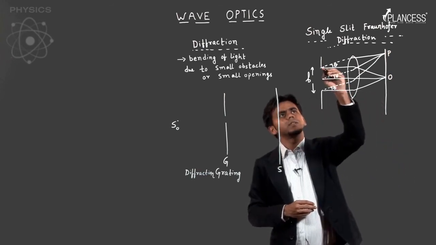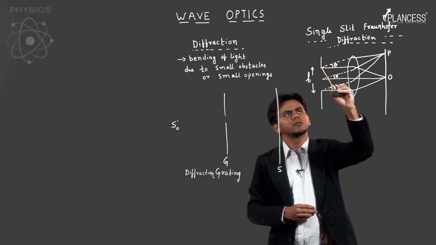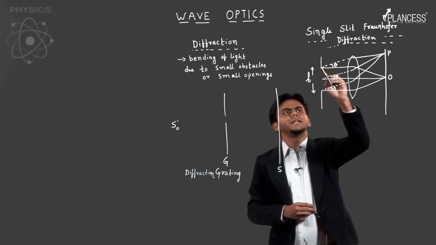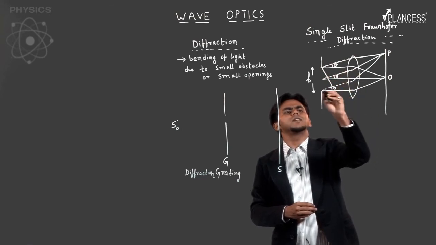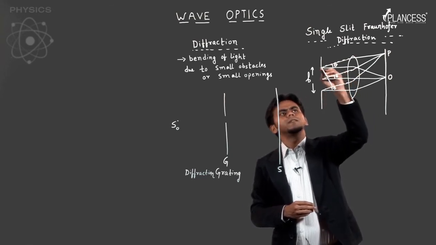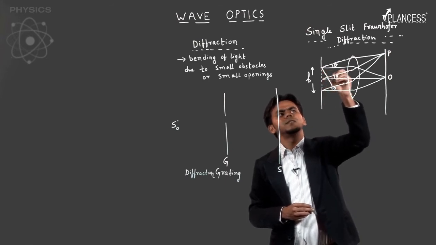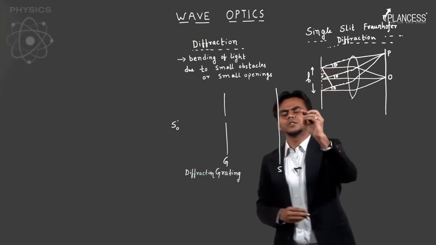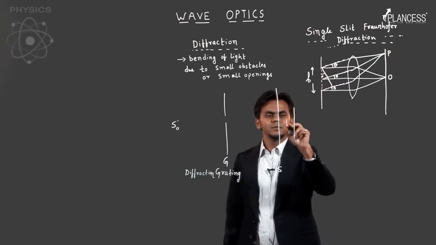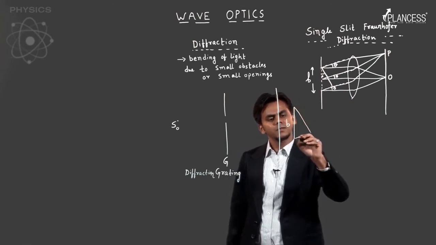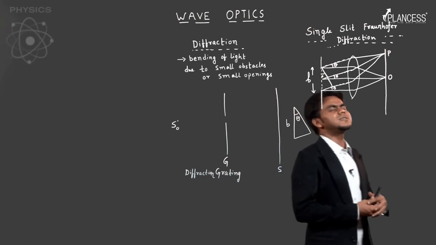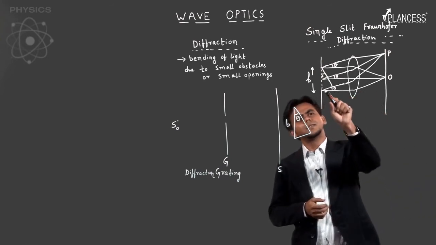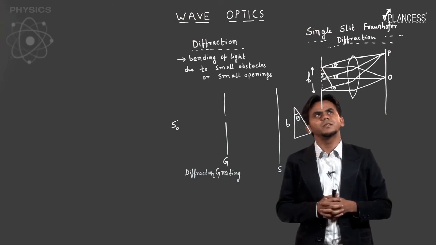Now, if you join this, as this is perpendicular to all the rays, right, what you can say is, in this triangle, if this is theta, even this is theta, I'll draw this for you. This is B, this is theta. Now, if you are careful enough, you'll understand that this guy is producing the phase difference, because